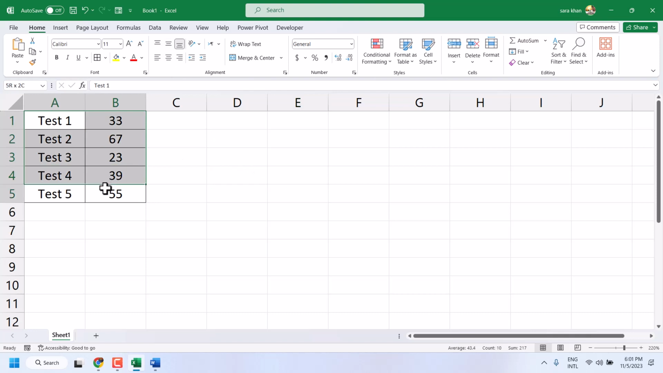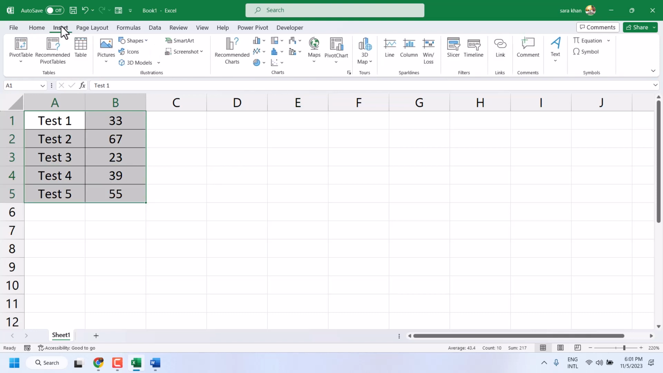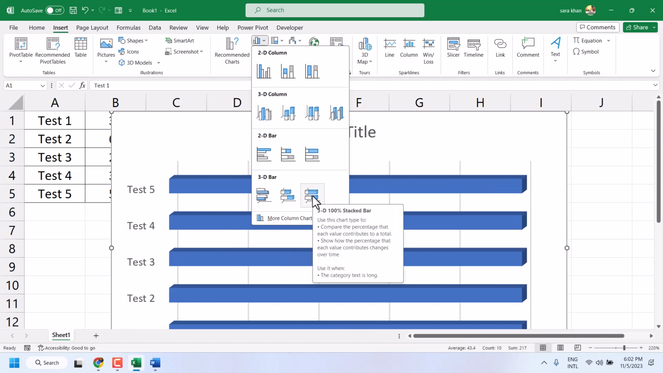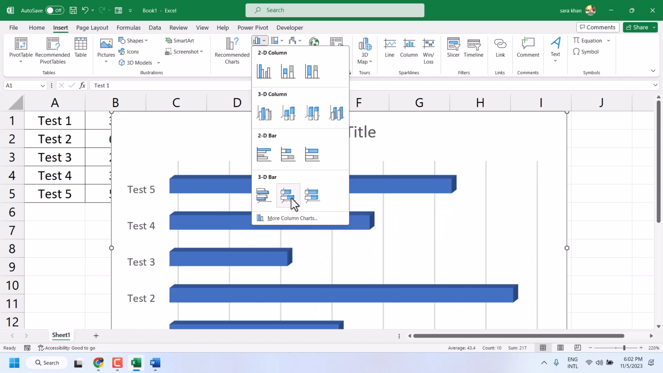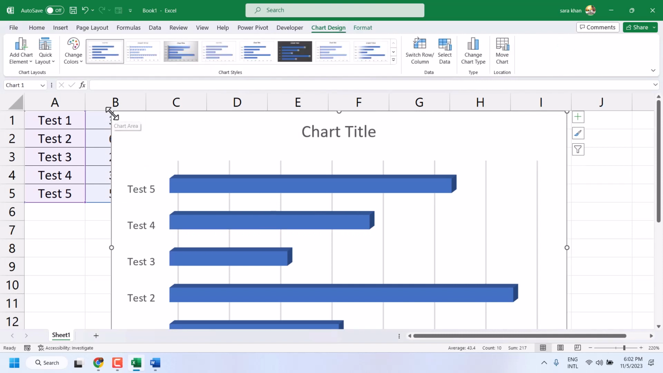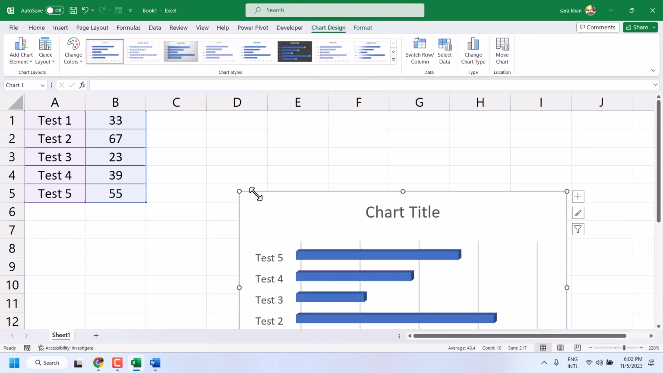So select your data, then insert, and here is the option charts. Click on this drop down to insert column or bar graph, and here is the option for 3D bar, in 3D style. So select any style. Now here you can customize this graph, adjust the size,